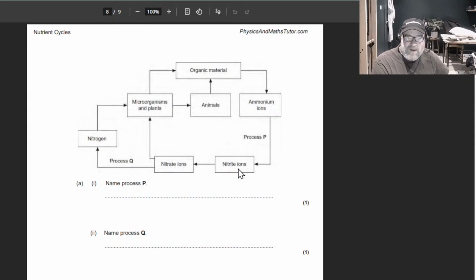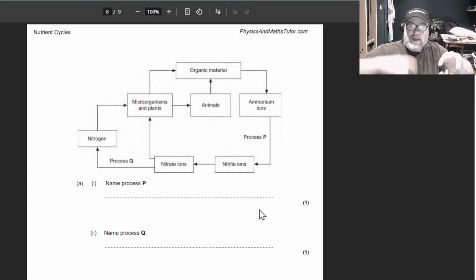So what do you reckon P and Q are here? Now, when I do Physics and Maths Tutor, what I do normally is I download this. There's a download symbol which my face is over. I download this to my desktop. So if I found a nice pack on nutrient cycles, I'll download this to my desktop. And then I'll download the mark scheme to my desktop, and